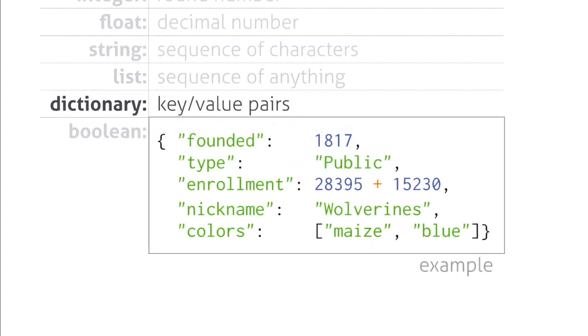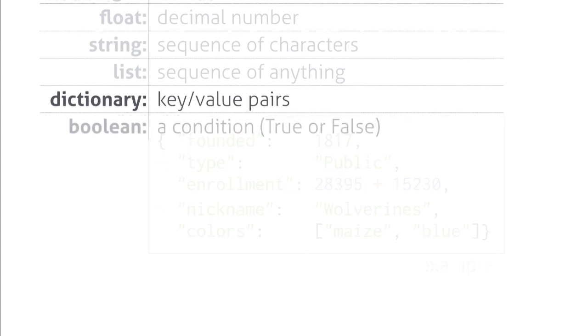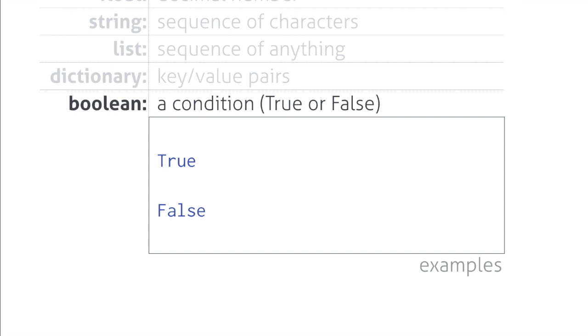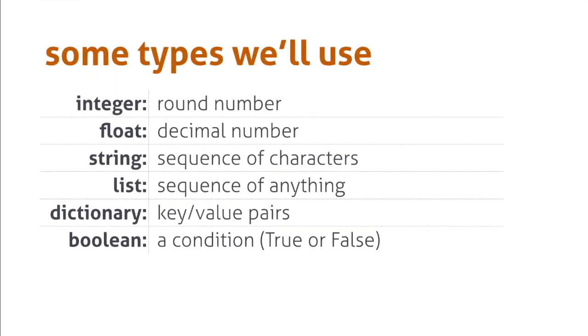Dictionaries are good for storing key-value pairs, like information about a university. And finally, Booleans are good for storing whether something is true or false, and they only have two possible values. We'll go into more details in all of these types throughout the course, but it's important to recognize the type